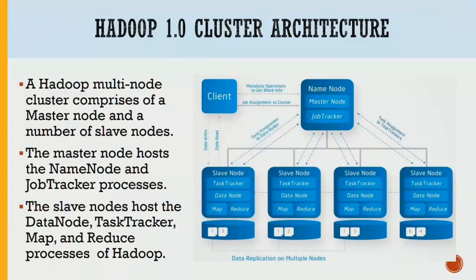So the two basic units of a Hadoop cluster are the slave node and the master node. Everything you see here are the slave nodes, and there's a master node which controls the slave nodes. This box, the master node, should be above the name node. This is some typo in the picture.